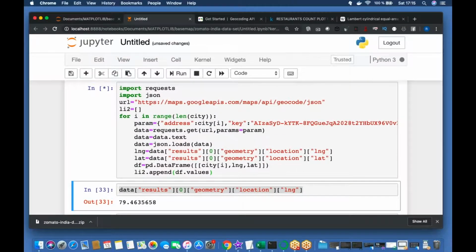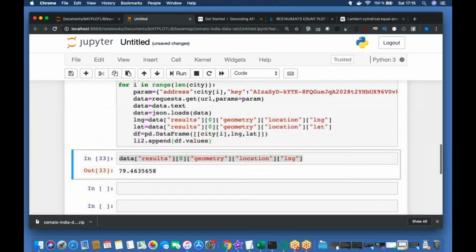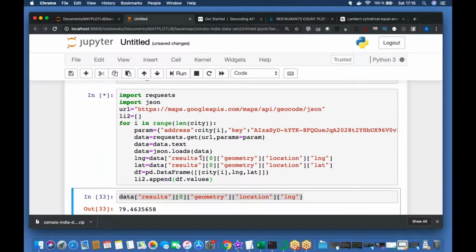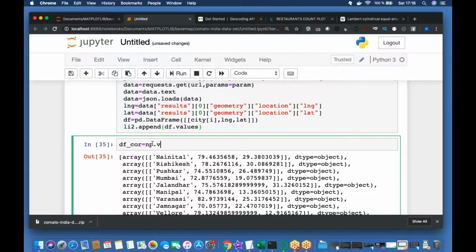We'll check after that. I'm just doing the same thing whatever I did in this step here. I'm not sure whether I'll exhaust my limit. No, thankfully. So it came. So now the same thing, like the normal numpy feature, np.vstack